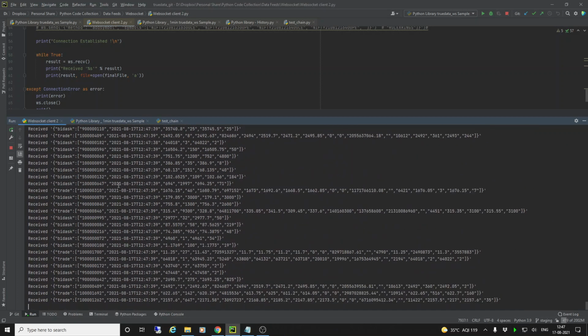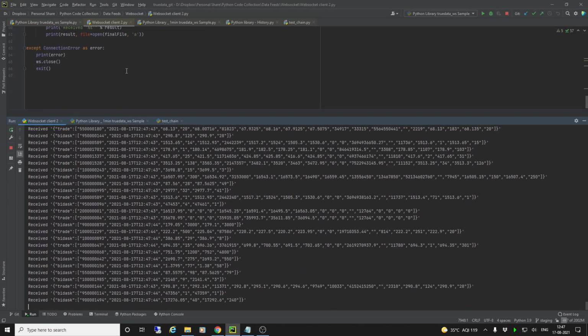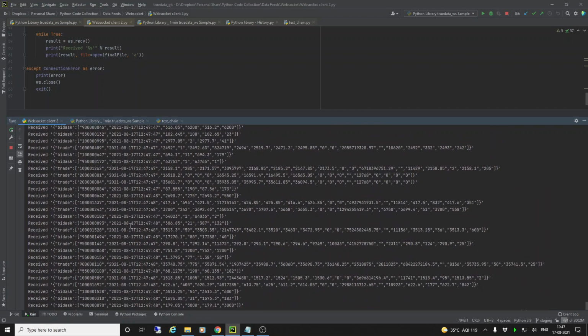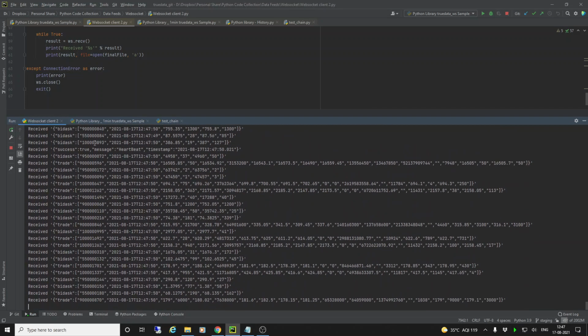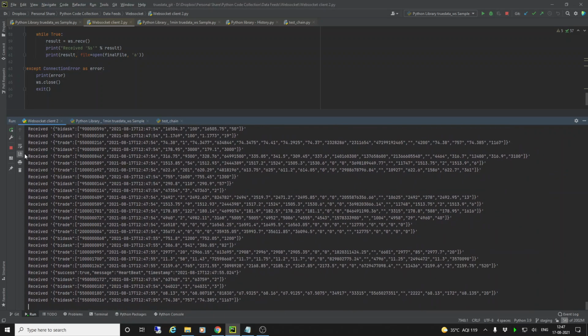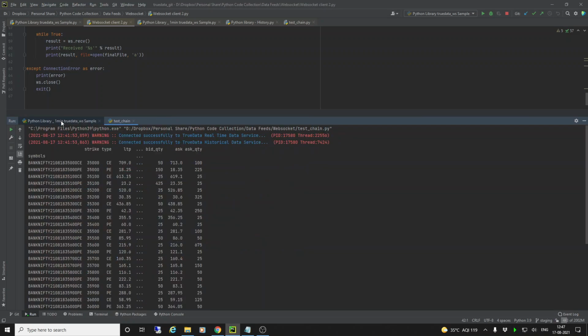All of you who are already using this library are already aware of this, but I just thought that I'll show it to you so that you know what's happening. So I added the same number of symbols, about 30 odd symbols are updating here. If you have more symbols, you'll see this moving faster. So I'll stop this also for the time being.